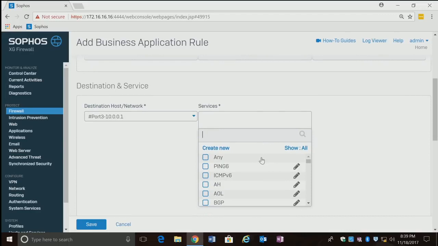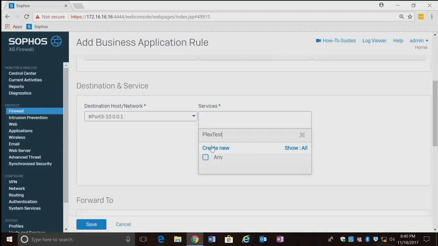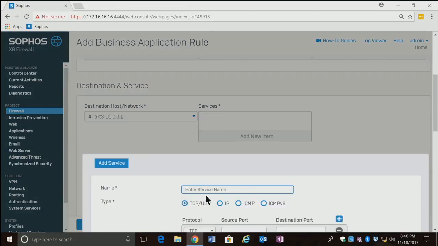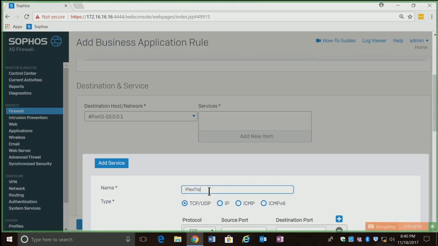So under services, the first thing we're going to want to do, since we're doing a Plex simulation here, is create a Plex service. I should have said create new first. Under services, I'm going to call it Plex test,